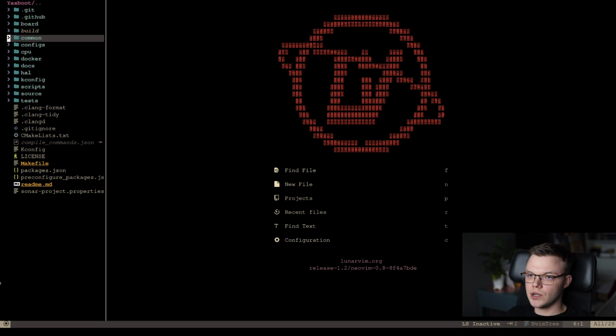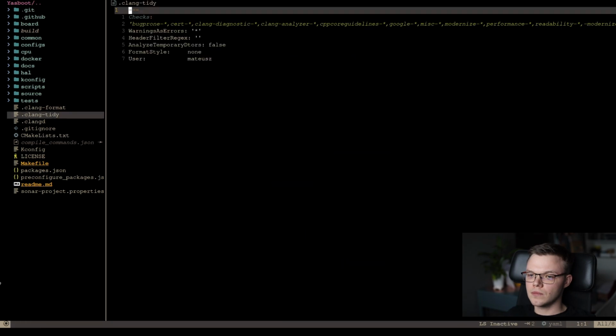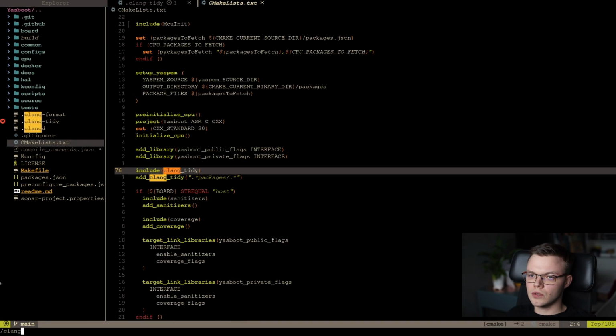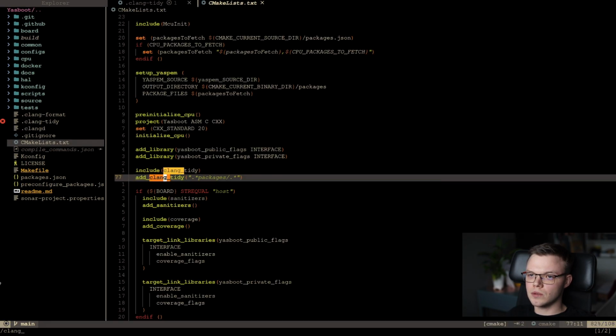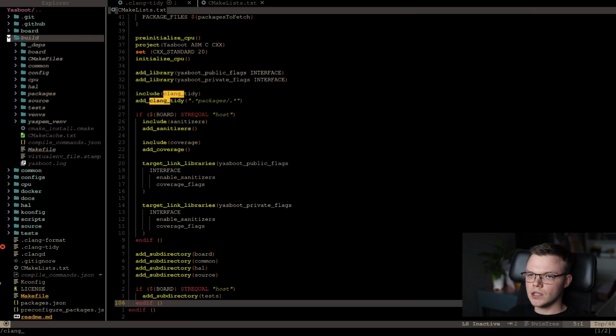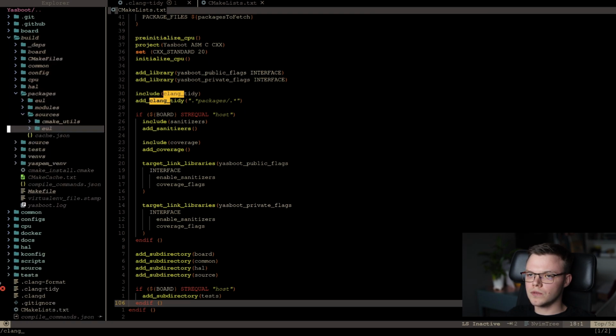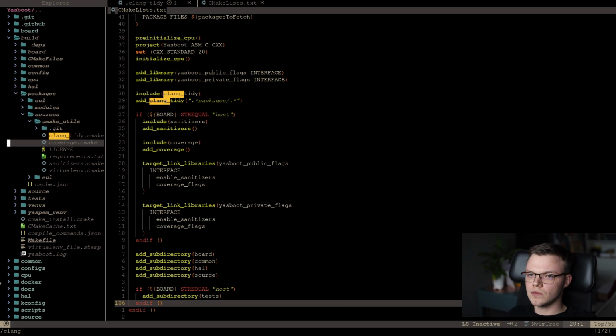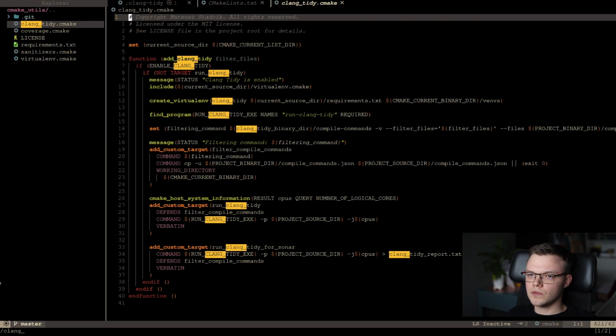In the same manner, I also added other tools like ClangTidy, starting from the creation of the ClangTidy file. That file contains checks that I enabled for my project. Also, I had to include a new function inside my CMake to configure ClangTidy. For ClangTidy, we have to do an additional thing to filter out compile commands from files that we are not interested in, for example to remove files from external libraries.